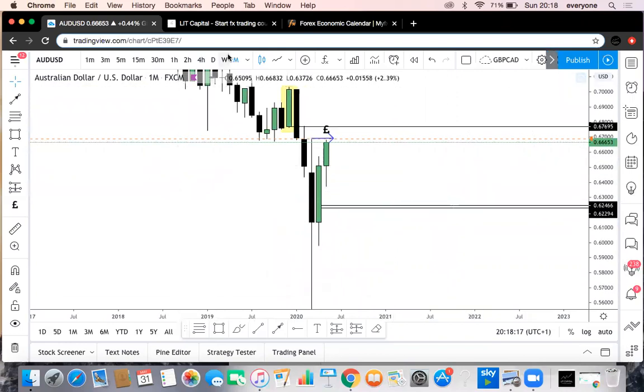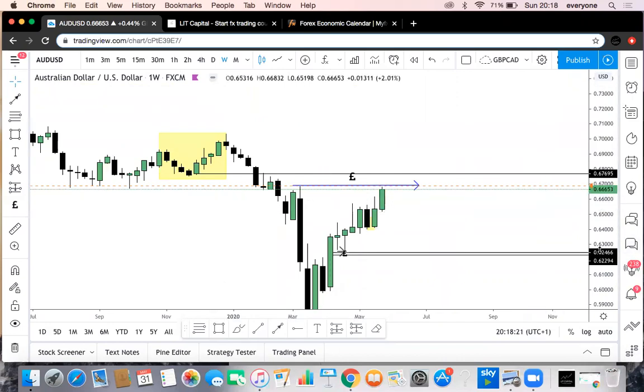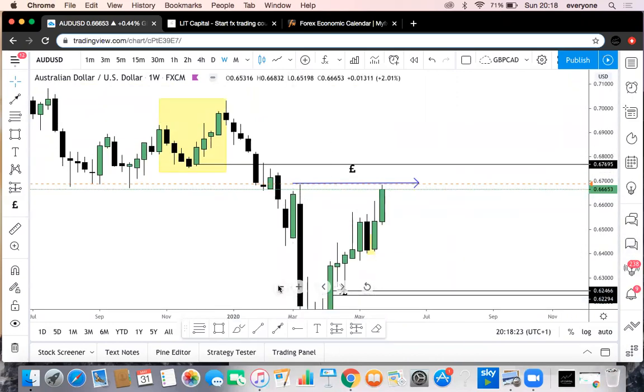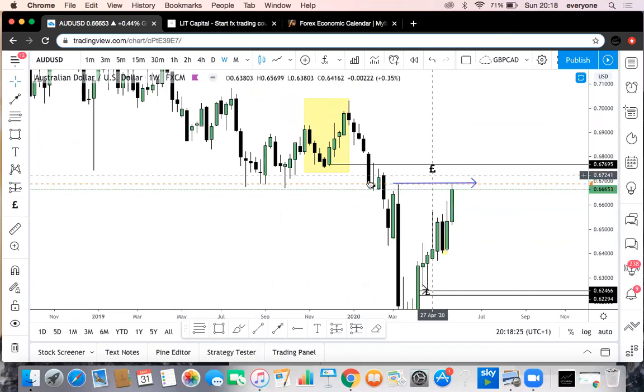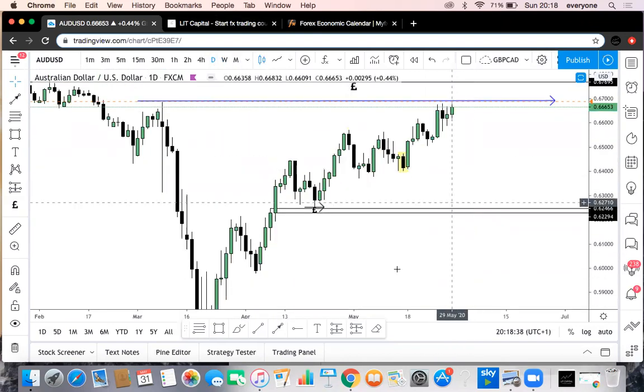Hoping to see some type of reaction from this area. It's very hard to pinpoint because we're going off of a monthly candle, of course, but we definitely have some liquidity resting here and some liquidity resting here. So definitely wanting the Aussie to get temporarily stronger in order to then, hopefully, get a new lower low on this, I believe,